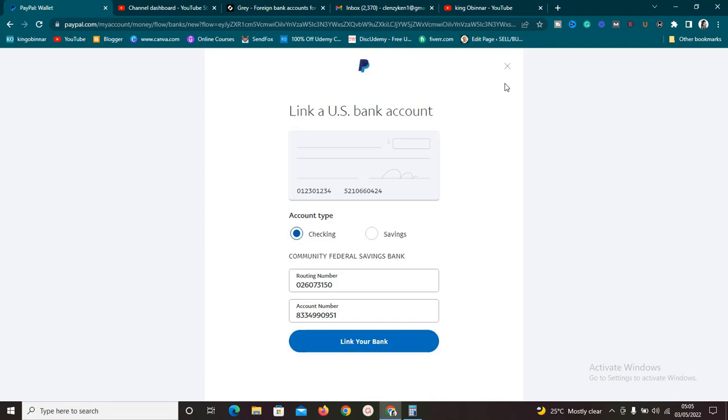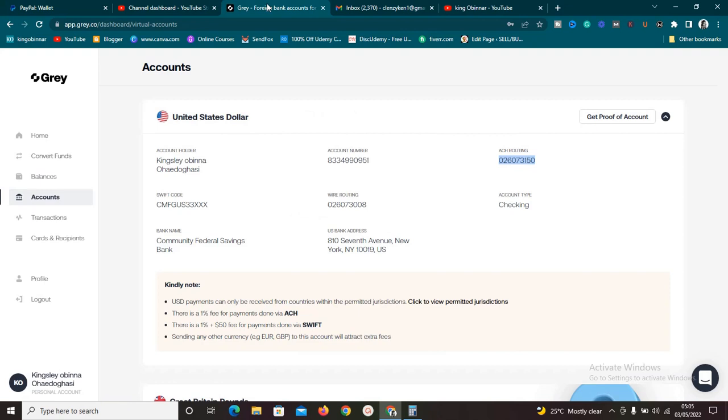They are going to show you or tell you the reasons behind your account not being able to link, and they can provide possible solutions to you. That is one way. Another way is to make sure every detail in your Grail bank matches your Payoneer and your PayPal account. If the names are different, you might have issues with it. So make sure it's the same, and you just need to contact PayPal support, and they